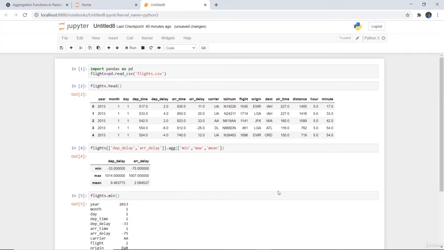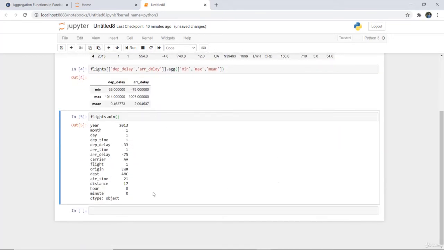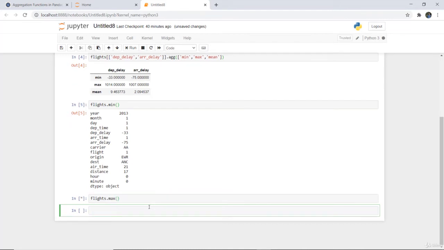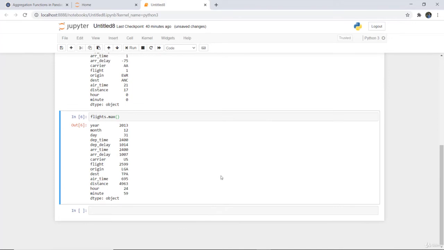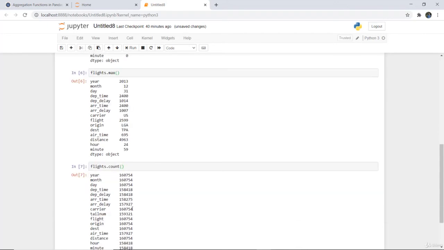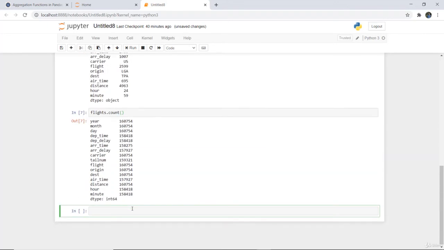Here you can see the minimum value from all the columns has been given. You can fetch the maximum values also, that is flights dot max, and here the maximum values from the fields are displayed. Next, you can also check the count. For that we use flights dot count. It gives you the exact count of values, excluding the null values, of the flights.csv file.